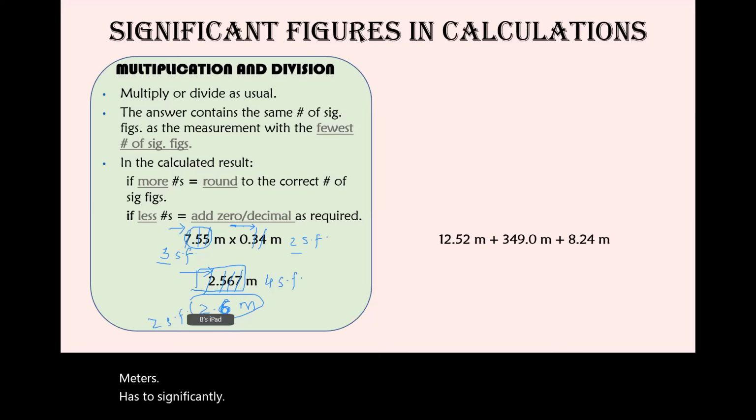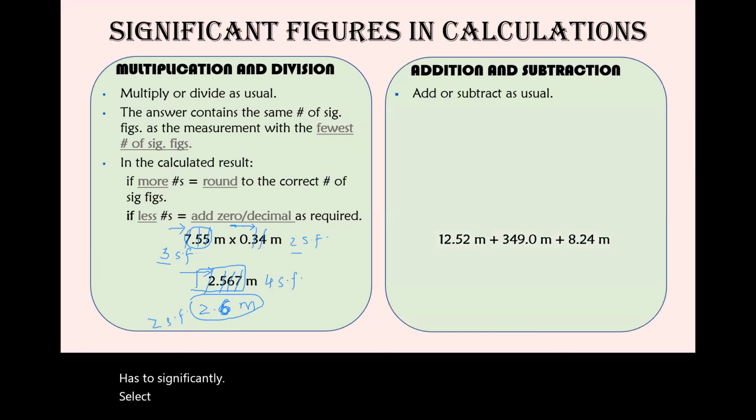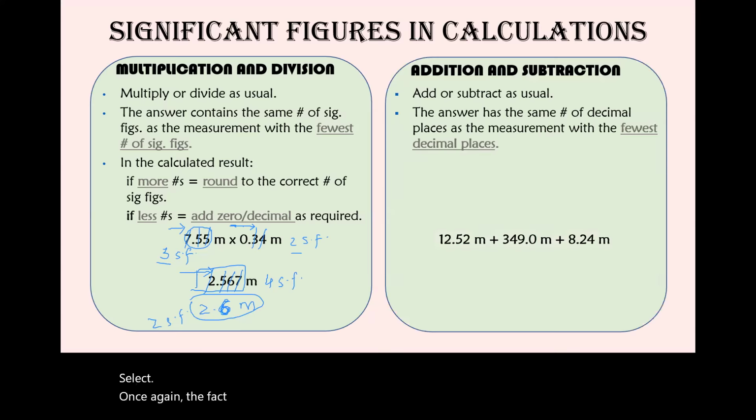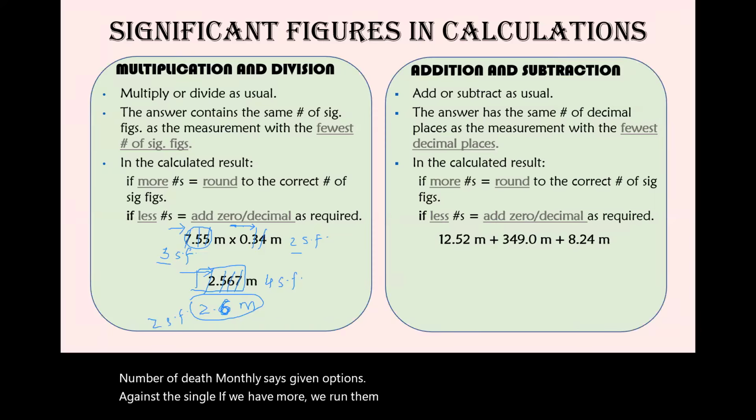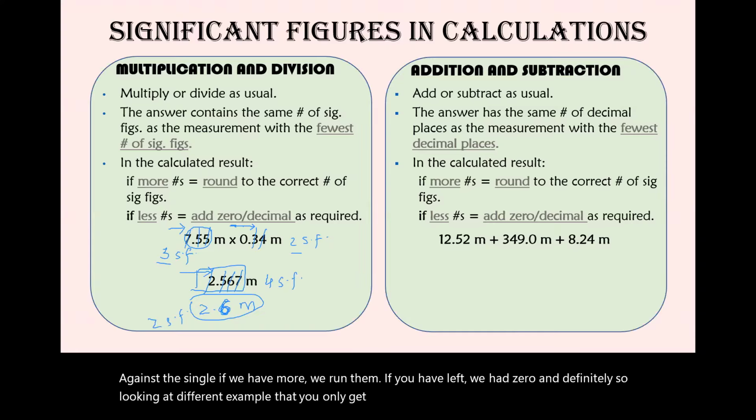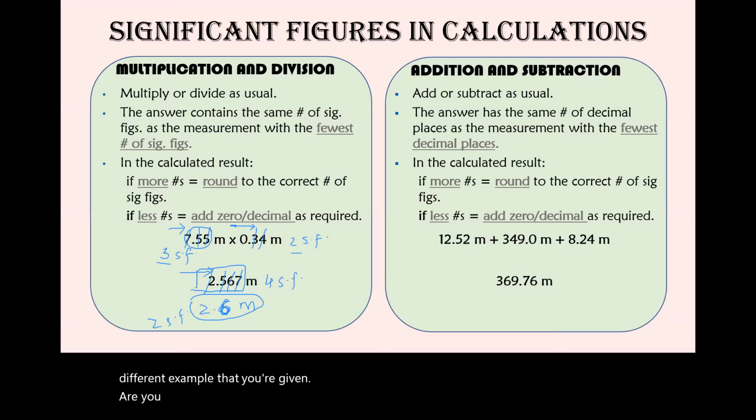All right, so let's look at the addition or subtraction. In this case, once again, we add or subtract like usual. And then the rule for significant figures is that our answer should have the least number of decimal places given in the question. Again, the same rule. If we have more, we round them. If we have less, we add 0 or decimal. So looking at this example that you're given, if you do the addition, your answer is going to be